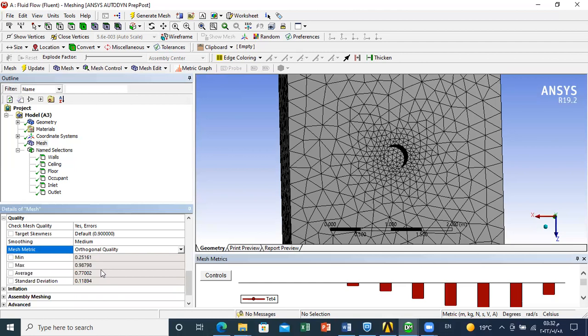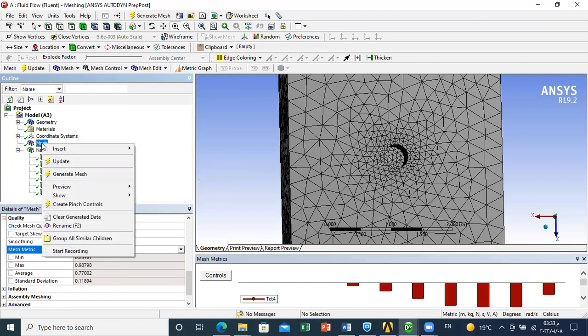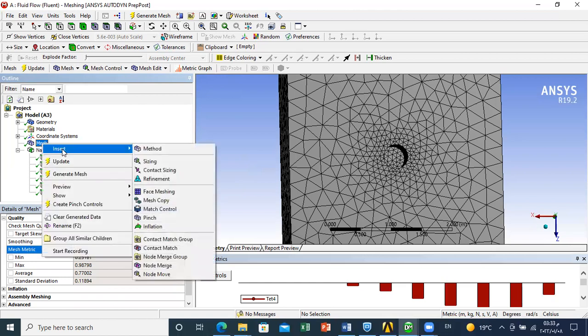One of the main strategies will be to reduce the face size. If you use smaller elements, in general, this will enhance your mesh quality. How to do this? We need to implement some strategies to improve the mesh. To do this, we go to mesh, we right click, and we choose insert. The first strategy is